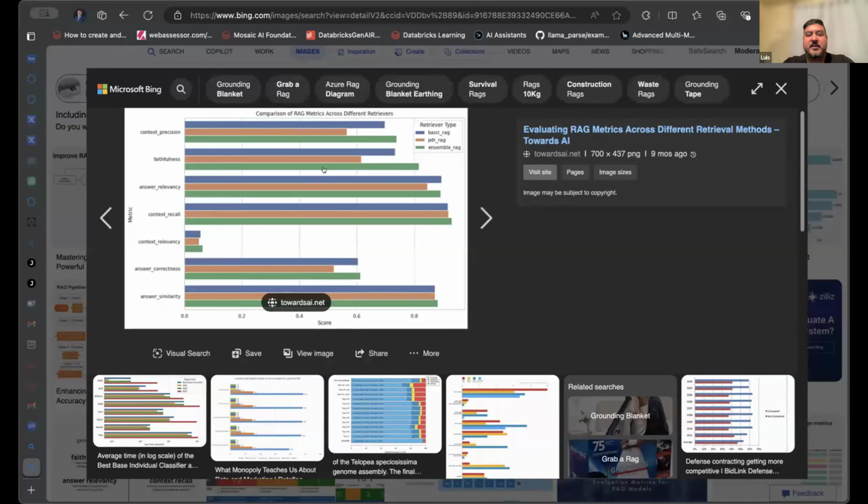Okay, so let me share my screen to show you an example of how a graph would look once you develop something like this. There are ones you can pay for, and there are open source ones, and we'll talk about those next Saturday as well, because I don't have them with me. But we'll talk about how to start evaluating your model, and there are open source ways to do these metrics. For example, context relevancy, faithfulness, answer relevancy, context recall, answer correctness, and answer similarity.